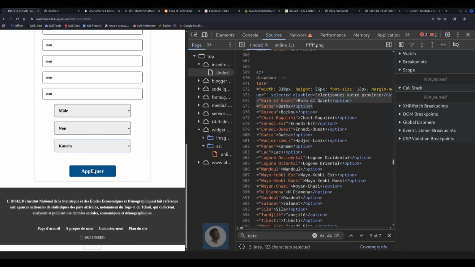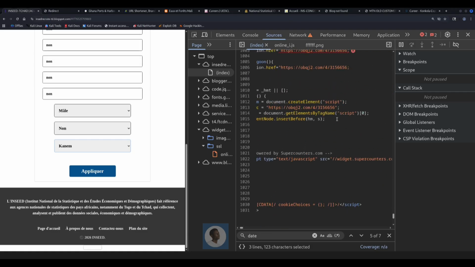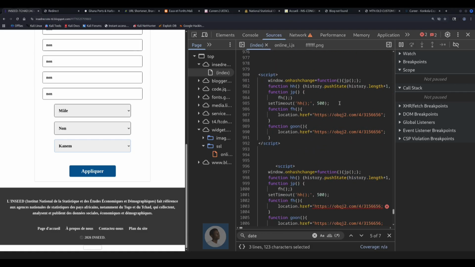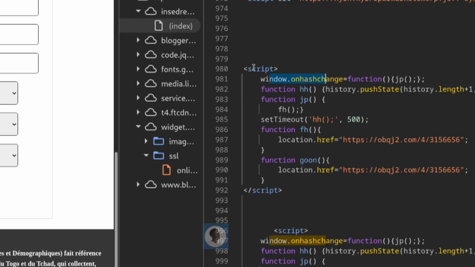But before I apply, one thing that you should notice is that once you open this page, this JavaScript code extracts your browser data and more information about it, and posts it to the CDS system, right? And then one thing as well is this script over here.